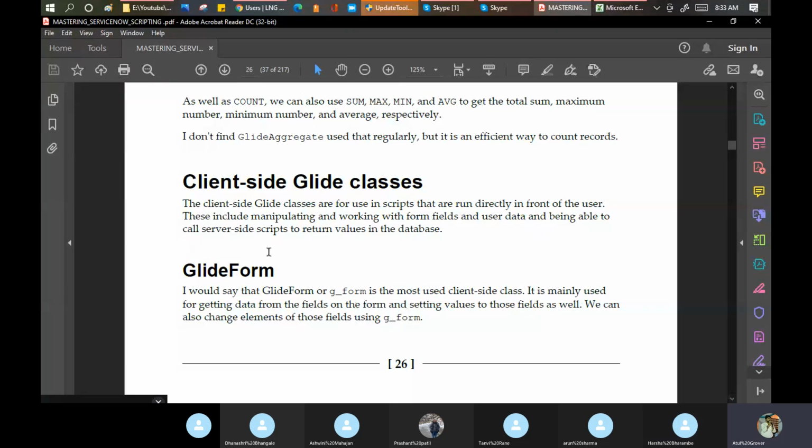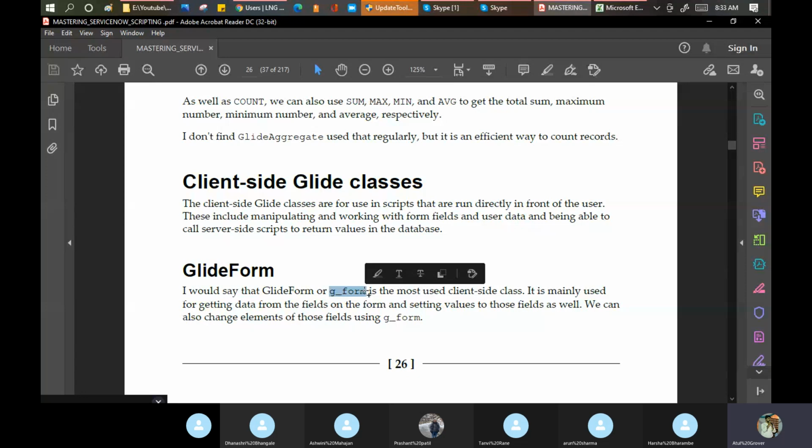Now I come to the client-side Glide classes. We're still on the client side only, not on the server side. Did we do this yesterday? No, we didn't do this yesterday. There's an important class called g_form. This is widely used to bring any data on the form page.